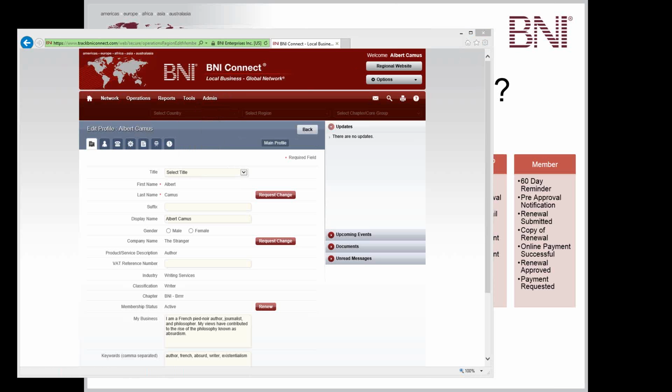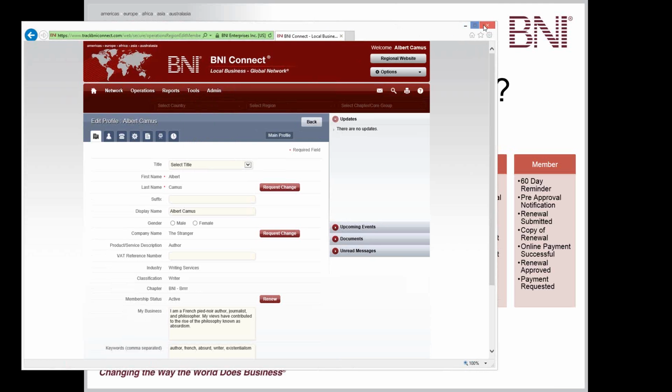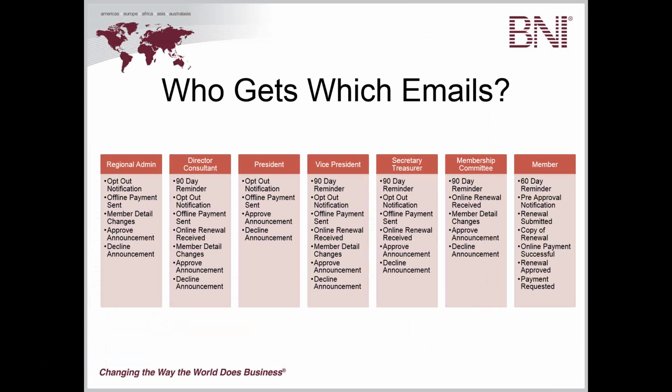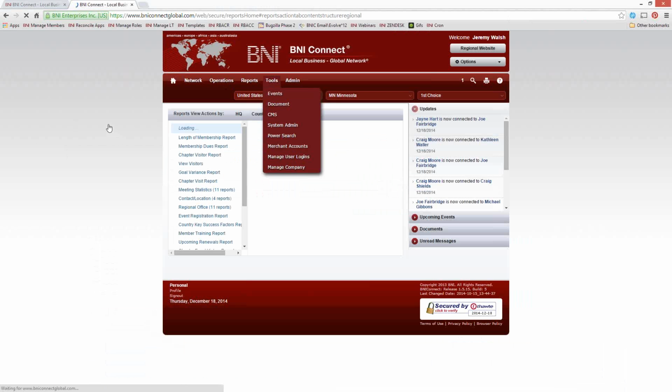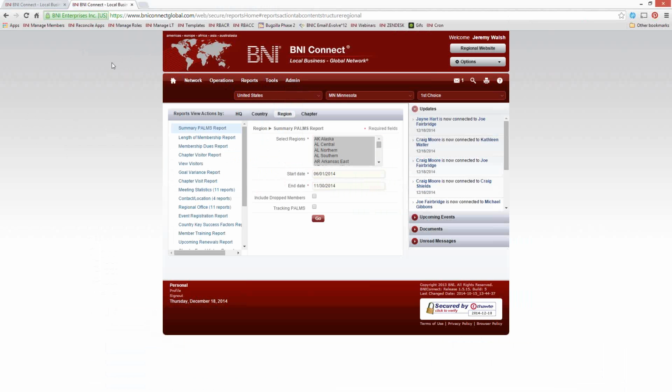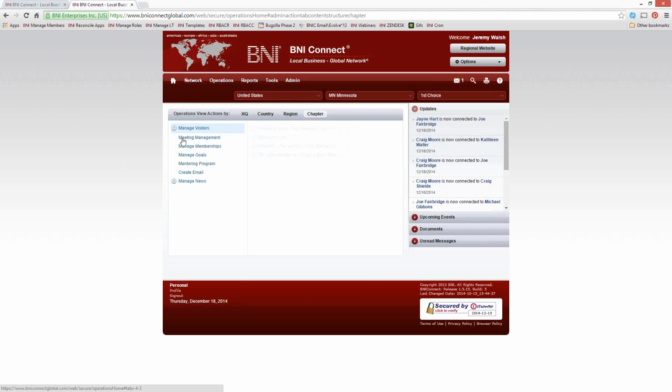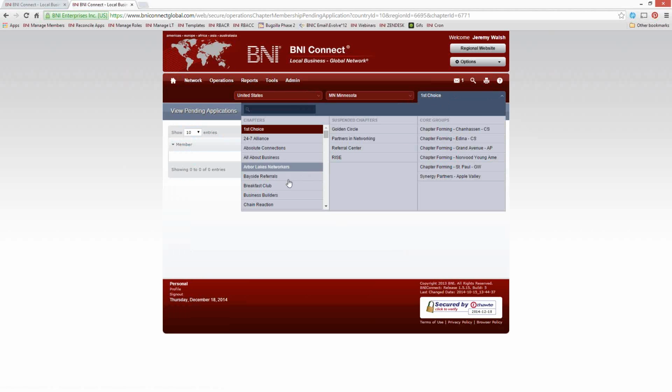Now, you can do this on a regional level as well, making an assumption here that they may have access. Do you know if they have access to the pending renewals report offhand? I'm not sure. They don't. They don't? So what you'd want to do is for your chapters, make sure that you're going into operations chapter, manage memberships, and you want to go in and check the pending applications for your chapters on a regular basis